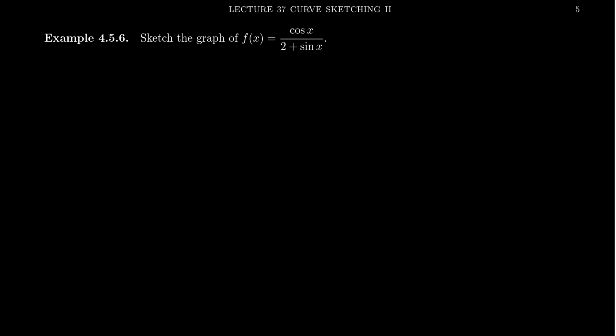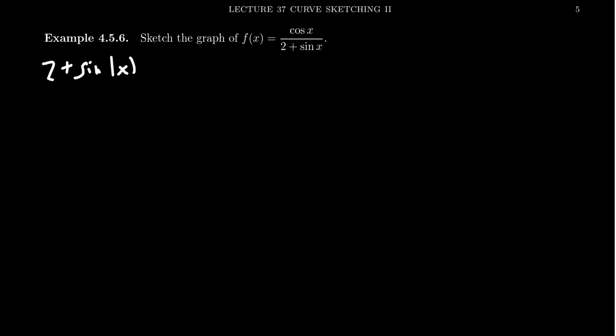All right, let's look at one last example. Let's do one with a little bit of trigonometry to it. That'll be fun. So what we should know here is the domain, right? The domain of cosine is all real numbers. The domain of sine is all real numbers. So the only issue is the denominator. If you look at the denominator, 2 plus sine of x,